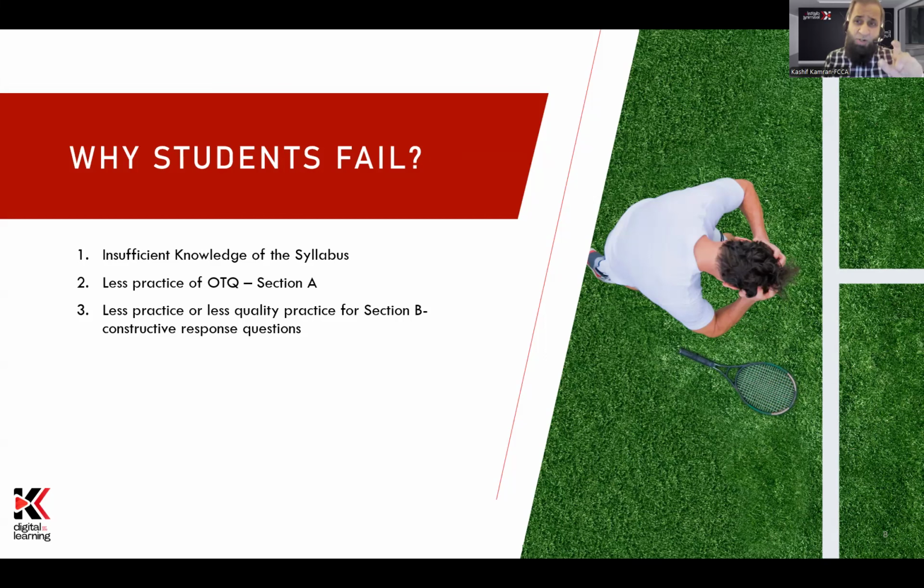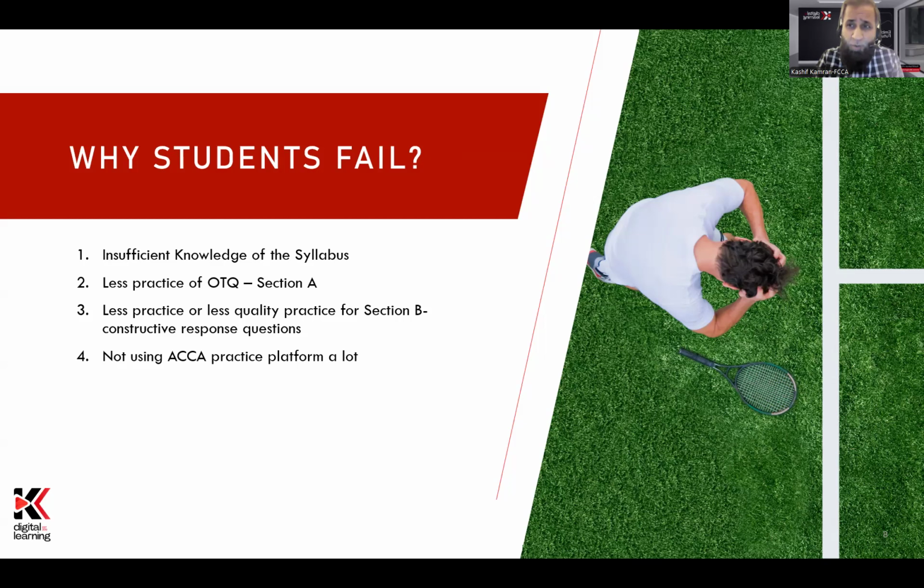Even though there is no change in the way Section B questions are asked, the approach and the structure are still the same if you compare them with the old papers, the better definition of practice will be the recent 7 papers on the ACCA Practice Platform, at least in the last 1 month before the exam. Yes, when you are studying over the 3 months tenure or more, you can do the older papers recommended by the tutor during the lecture. But in the last month or the last 3 weeks before the exam, you should ideally focus on the recent papers. Not using the ACCA Practice Platform a lot, you are not engaging with the ACCA Practice Platform.